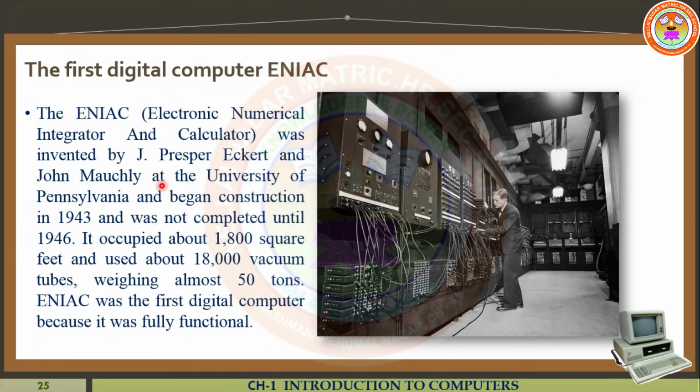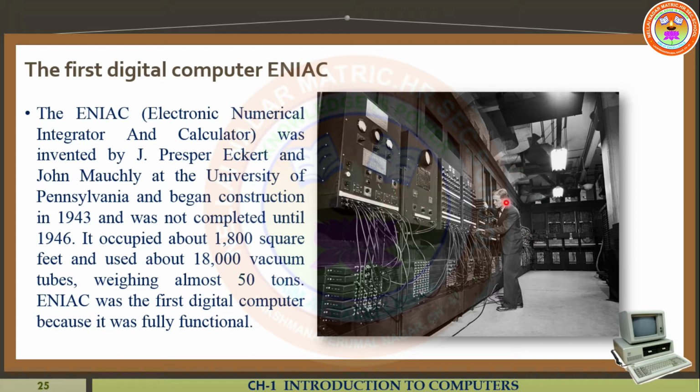My dear students, today we are going to see chapter 1, exercise number 1.4, data and information. Before we discuss the topic, now I am going to show the first digital computer in the world. The name is ENIAC. Children, you just see the picture. This is the world's first digital computer. Students, just see the machine.